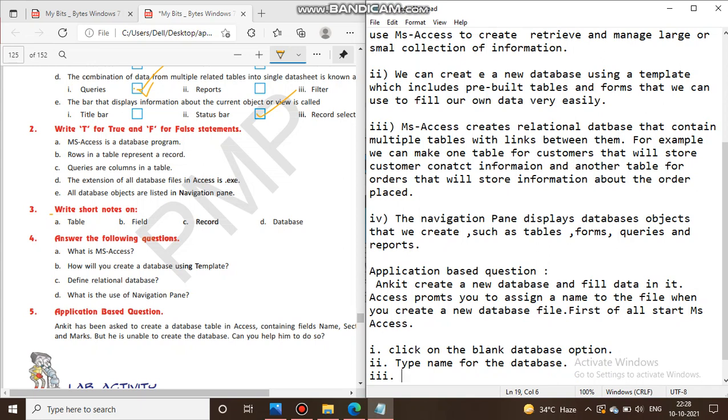Third is that click on create. Okay, so by this way you can create, and this will help Ankit, because in this Access creates a new blank database and opens a new table, and the name of the database appears in the table bar. So now Ankit can create his own table by entering fields like name, section, roll number, marks, records in it.